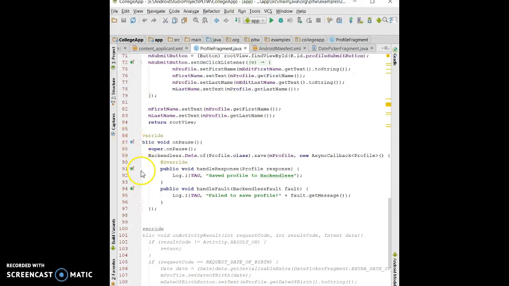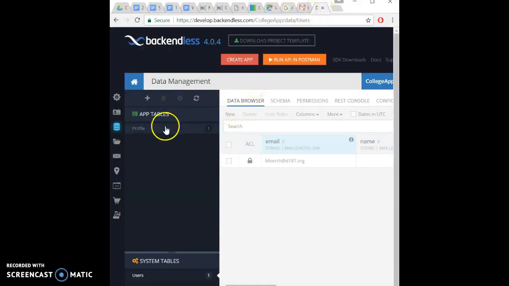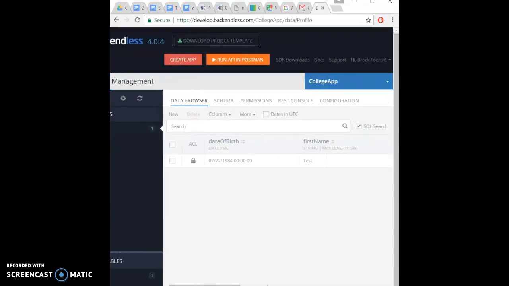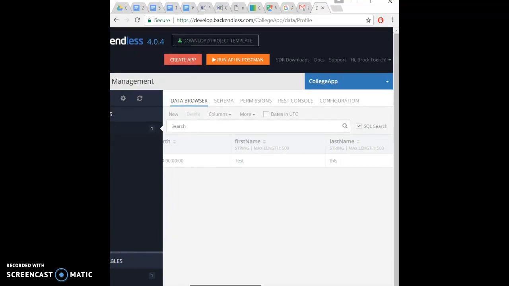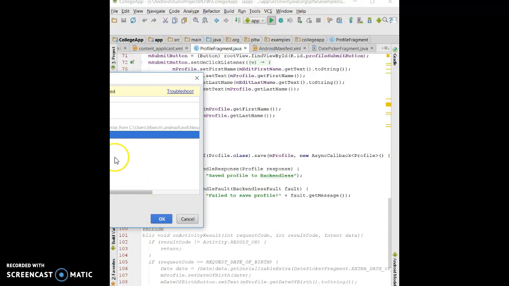We're going to run the emulator, so we press that again. We go back to the website, and now is when this would pop up. So now we have a profile, and we have user information stored out of there. Now, I don't know if I have time to get it running or not, but just to show you what I did,